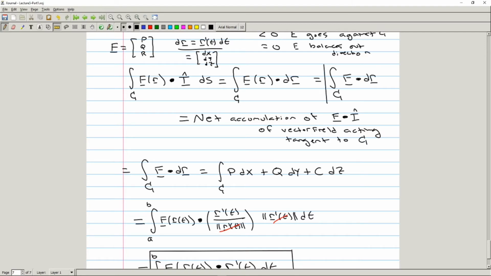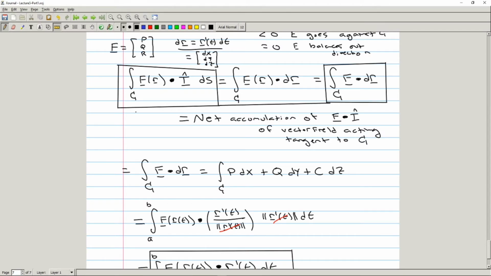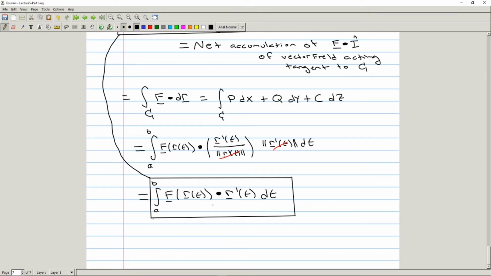But probably the most common notation that you'll see for a line integral is this one right here, and it comes directly from the idea of accumulation of the vector field tangent to a given curve, and that's why this is the way of evaluating it. Even this notation makes sense. If we have a curve that's parameterized, and you want to view it in terms of this notation right here, which is sometimes easier,